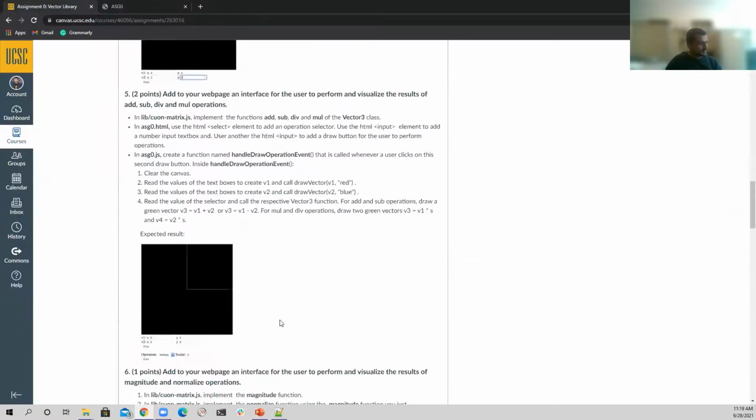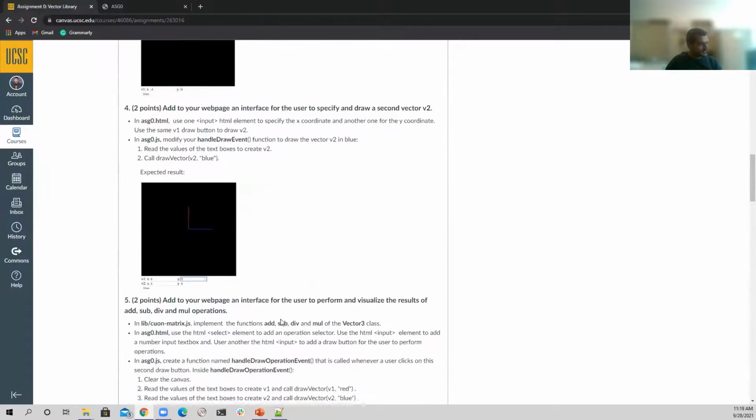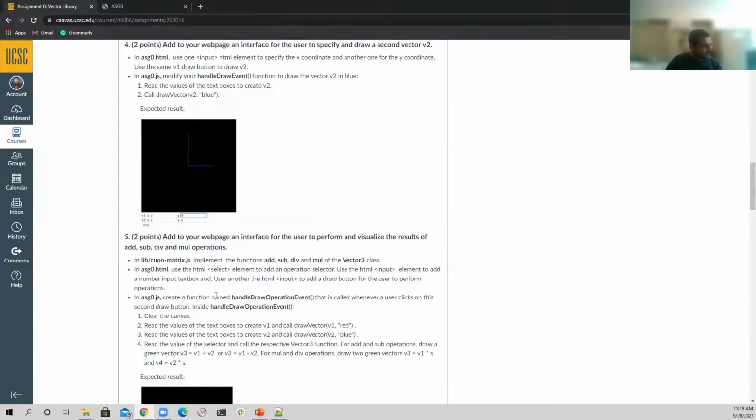That is also mentioned here in step 2, I think. Yeah. So clear the canvas. Every time you do something new, you should always clear the canvas so that the old result is not there. So then we have this divide,